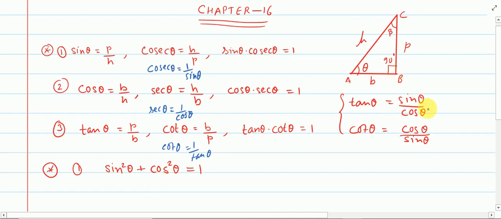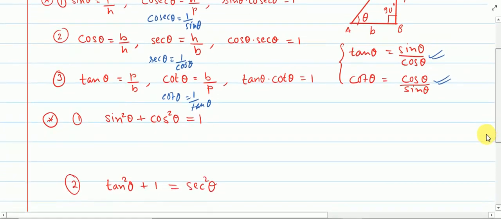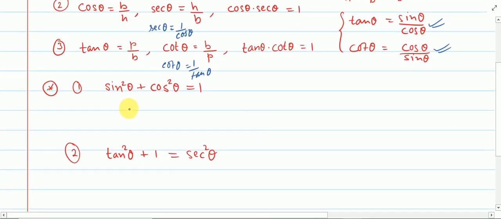And here we had discussed the relation between sine, cos, and tan. So tan theta is given as sine theta upon cos theta, and cot theta is given by cos theta upon sine theta. And next, I had talked about the